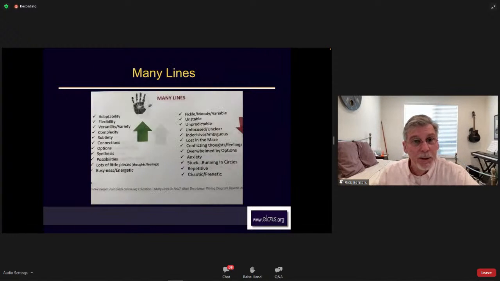So many lines. There's always strengths and weaknesses. You can look at almost anything in the hand. You can see the positives in it, and then you could see more of a challenge in it. And so with many lines, you have a person that's a little bit more adaptable, more flexible. They can see things differently, can try things out differently, or are willing to try things differently. Versatile. They like variety. It's a much more complex personality. Things can change very quickly,